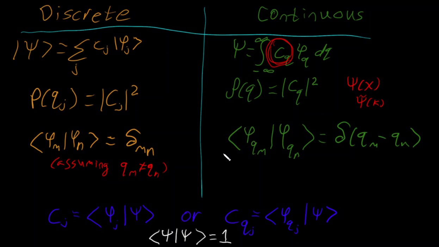And so we know that this inner product here, phi sub qm, inner product with phi sub qn, is the Dirac delta of qm minus qn, and we've covered this all in another video. Notice when we're switching from discrete to continuous, and this is really the idea of the video, summations become integrals, probabilities become probability densities, Kronecker deltas become Dirac deltas. And that is generally how people will summarize going from a discrete basis to a continuous basis, right? Sums turn to integrals,